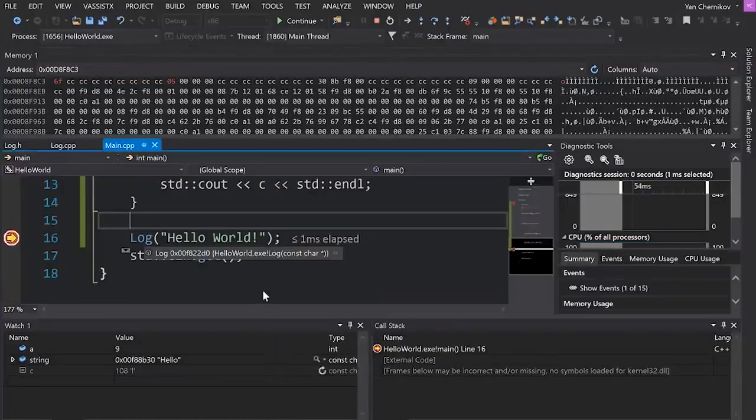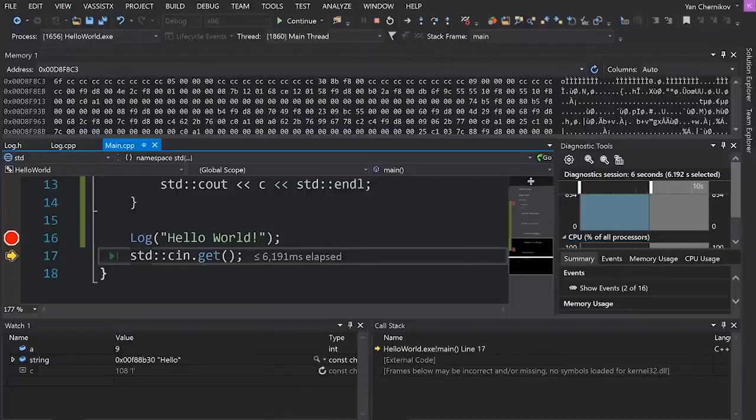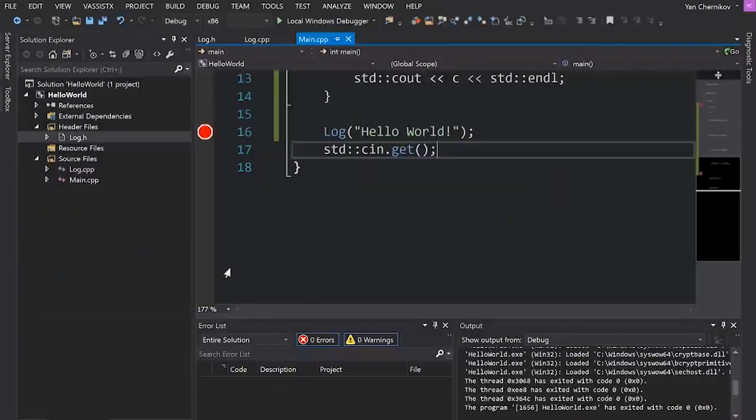And then we're about to execute this hello world log. If I hit F10, we're going to jump to the next line of code here. It's going to print hello world. Now we've actually paused execution of this program because we had a breakpoint here and I just hit F10. So if I press enter here, nothing's actually going to happen. I need to hit F5 and then our program will close because it is going to still detect